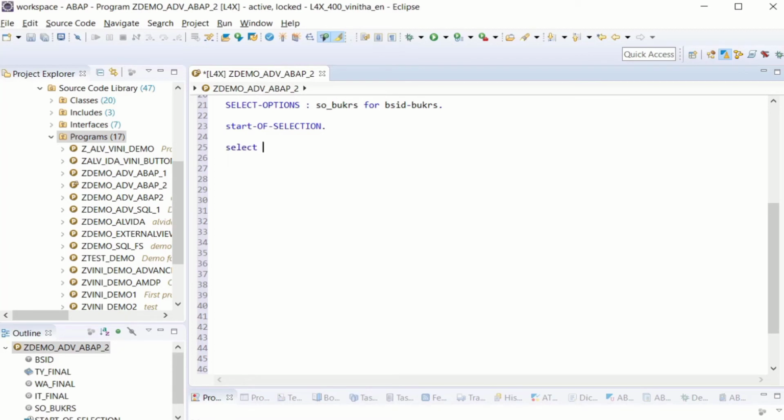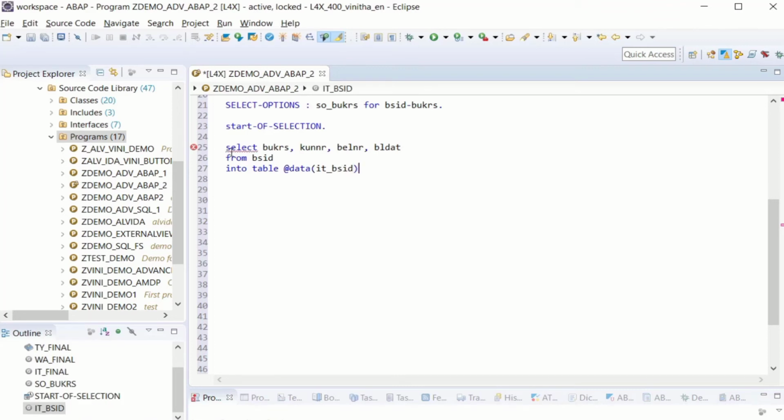SELECT a few fields: BUKRS, KUNNR, BELNR, BLDAT FROM BSID INTO an internal table, which is declared using inline declaration, WHERE BUKRS IN @SO_BUKRS. The @ is used here to escape the variables. If it is successful,